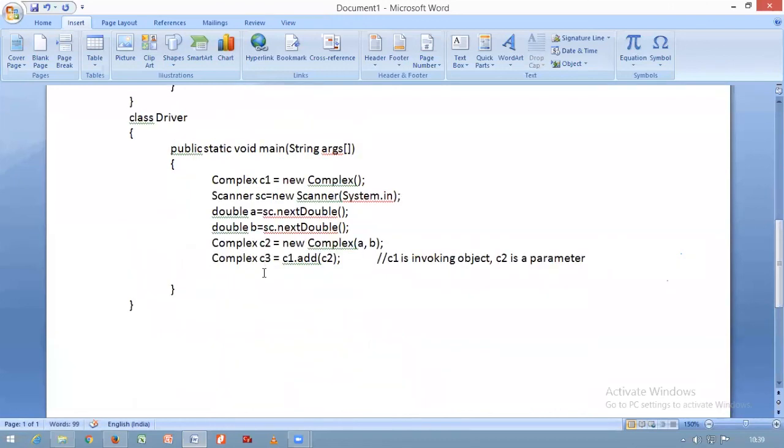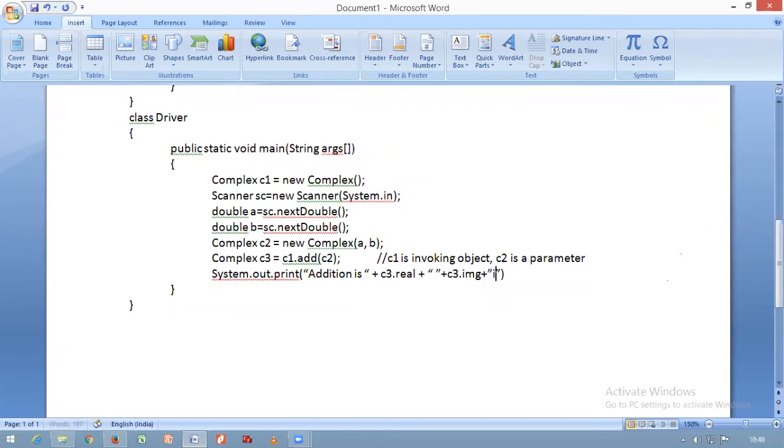And finally print it. System dot out dot println. Which variable contains the result after adding C1 and C2? C3. Addition is, and you have to print C3 dot real first, followed by a plus symbol, followed by the imaginary value, followed by i.